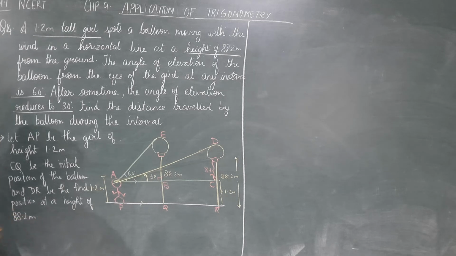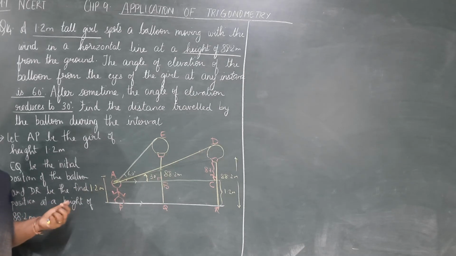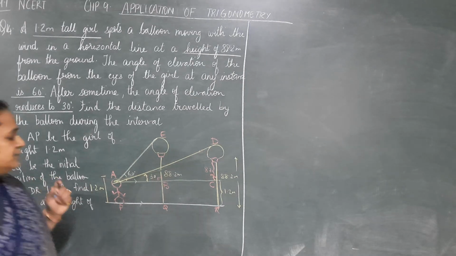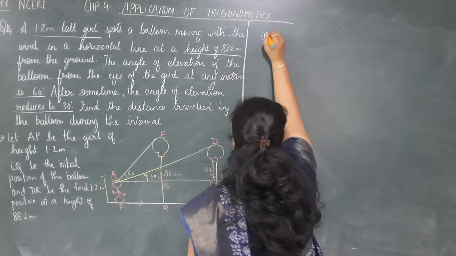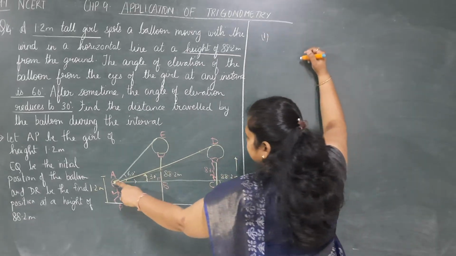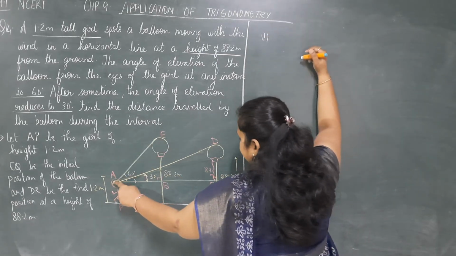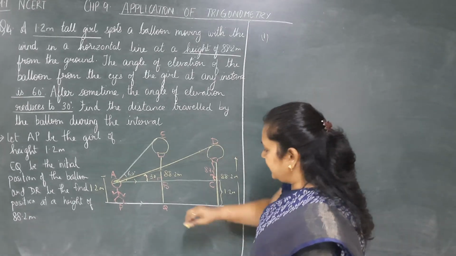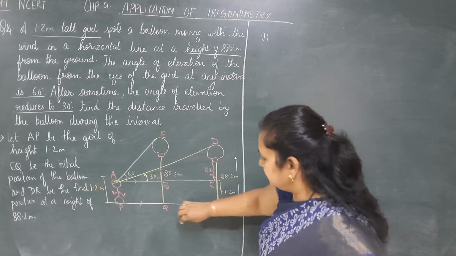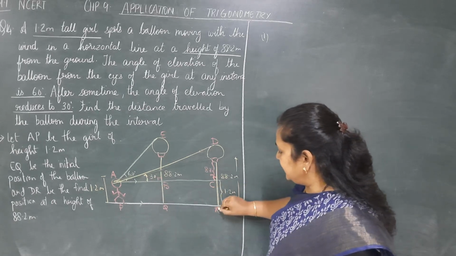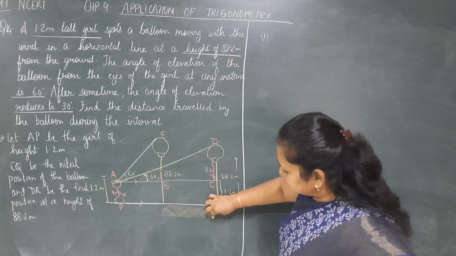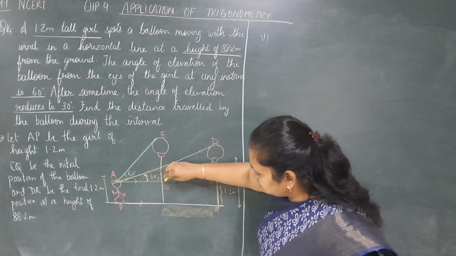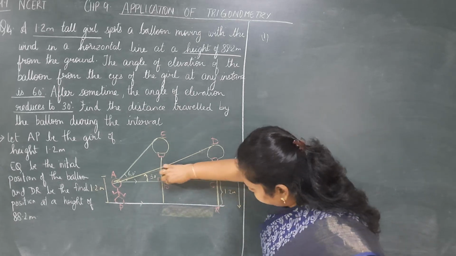88.2 meters. Right? We know over here, do we need anything regarding the hypotenuse? No. So we can go for the trigonometric ratio. Correct. Tan. We will first look at the two right angle triangles that we see. We can see two right angle triangles ABE and ACD. Now here what have they asked us? They have asked us to find out how much distance the balloon has travelled. Initially this was the position, finally this is the position. So I can say this is the distance travelled by the balloon. That means I need to find out BC.